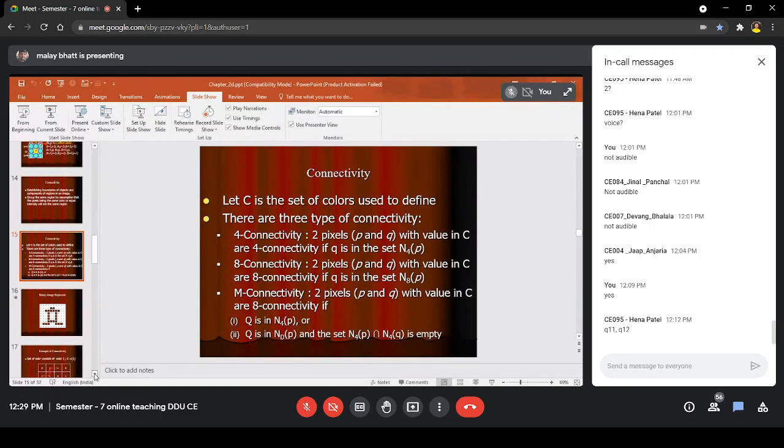We have to choose only the colors for this neighborhood which are in the color set. There may be many colors, many gray levels in the image, but we select only the gray levels in the set C, and using that we check the 4 neighborhood.